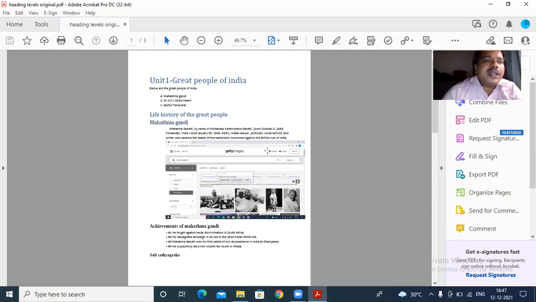So headings are mainly used for distinguishing or separating the contents. For denoting the difference between the contents, the heading levels are mainly used. So this is how a user navigates through the heading levels. Okay. So how to test the heading level? Heading levels may be tagged according to 2 to 3 points.